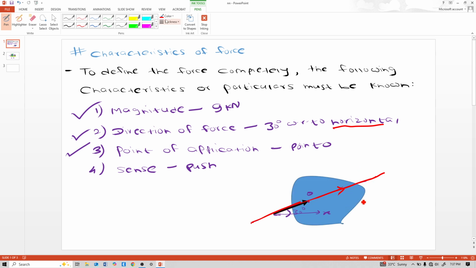If the force is like this, then this is a pull type of force, because see, the point of application is here at point P, but the force is away from the point of application P, so that's why it is a pull type of force. And see, what is the direction of this pull type of force? With respect to the x-axis, it may be 60 degree with respect to the x-axis, like this, and magnitude may be